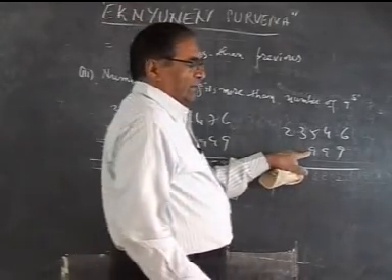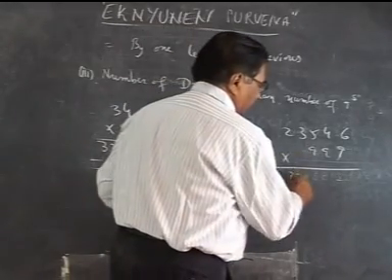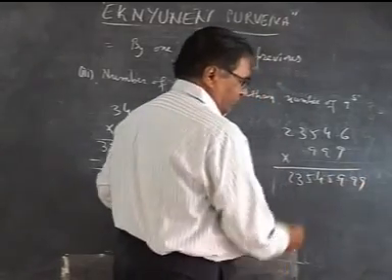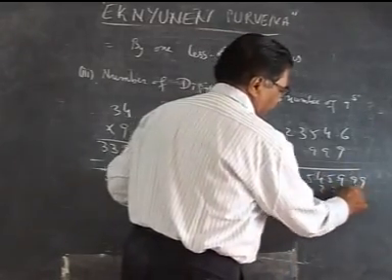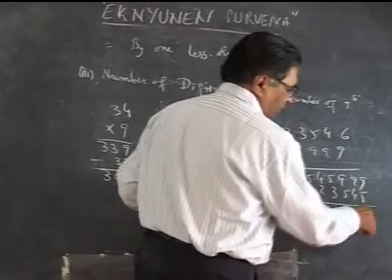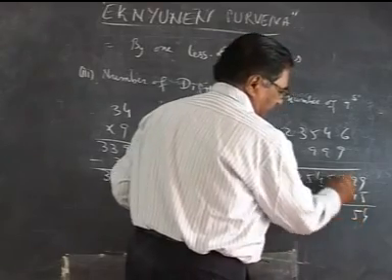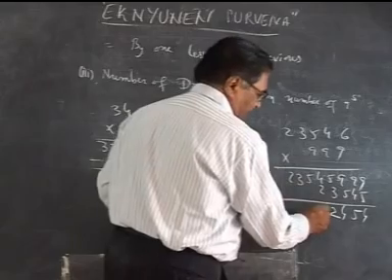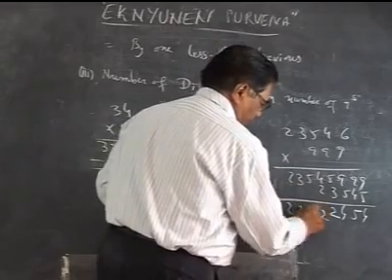Same way here, you can say 2, 3, 5, 4, 5: 3 nines will be there, and that will be 2, 3, 5, 4, 5. 9 minus 5 is 4, 9 minus 4 is 5, 9 minus 5 is 4, 5 minus 3 is 2, 4 minus 2 is 2. 235 is the answer.